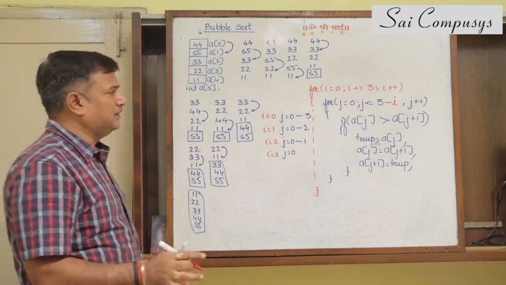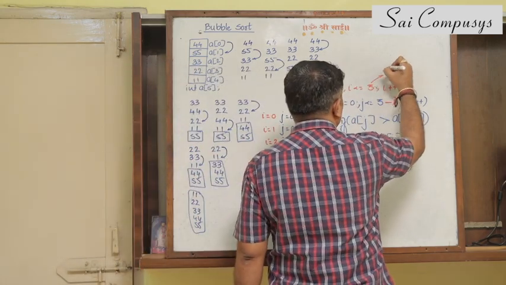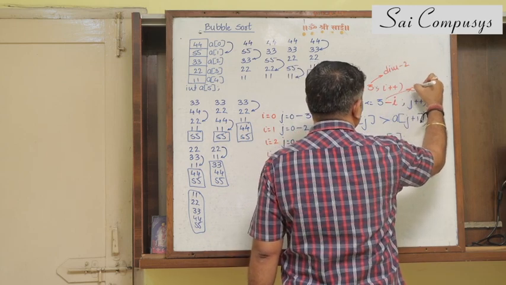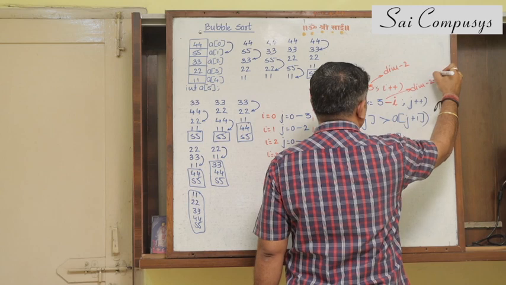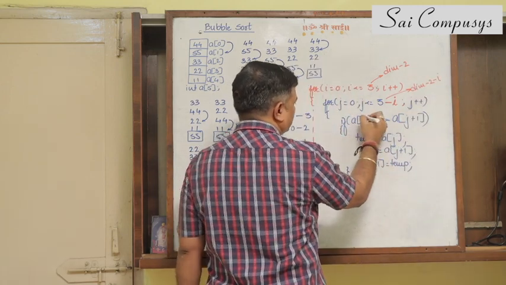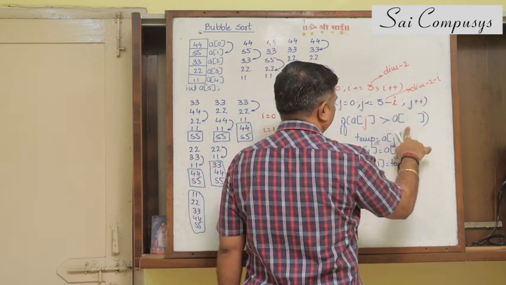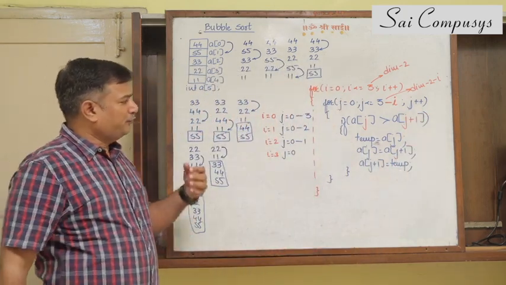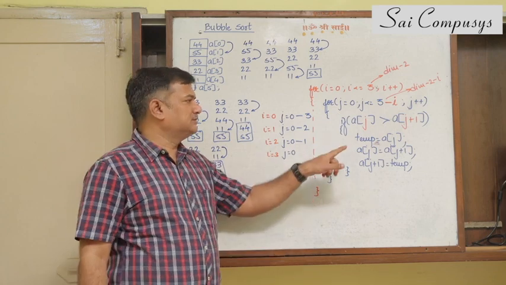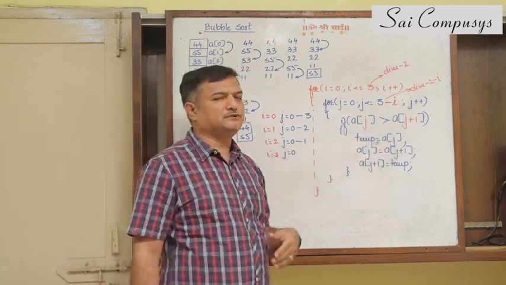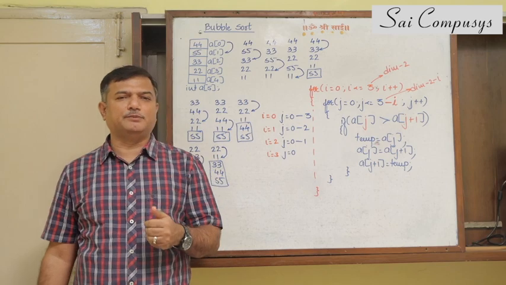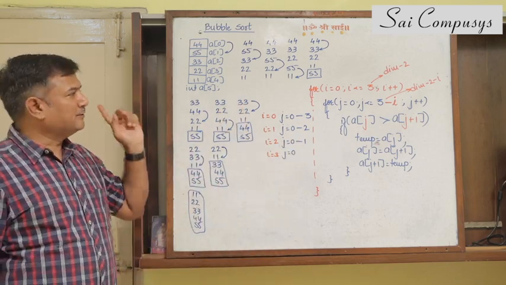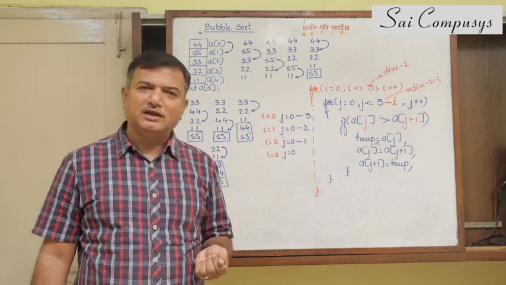Now this can be generalized a bit. This I'll write down as dimension minus 2. And this I'll be writing down as dimension minus 2 minus I. But remember, this has to be A of j compared with its next element, that is j plus 1. Now for descending order, it's the same thing. Instead of A of j greater than A of j plus 1, I can write down A of j less than A of j plus 1. The same array will get arranged in the descending order. So that was selection sort, and this is called as bubble sort.